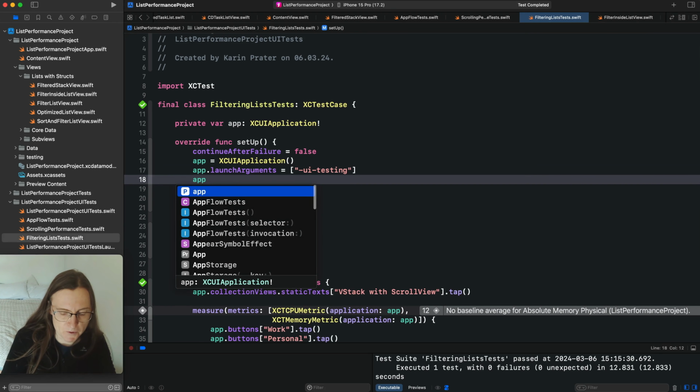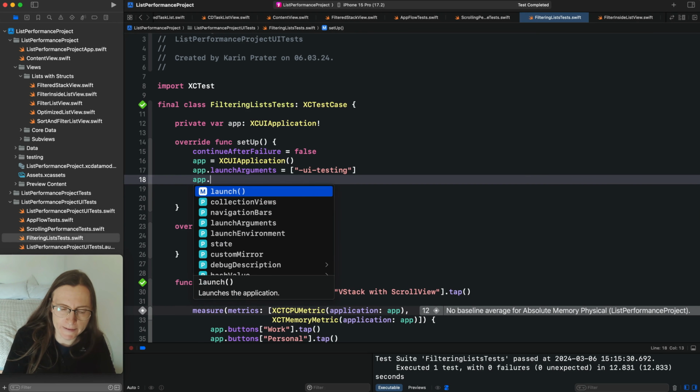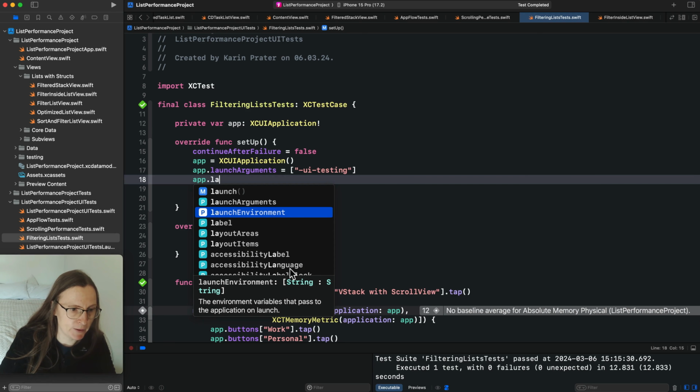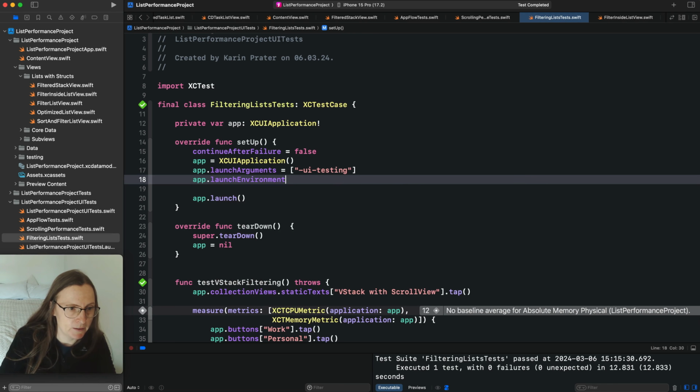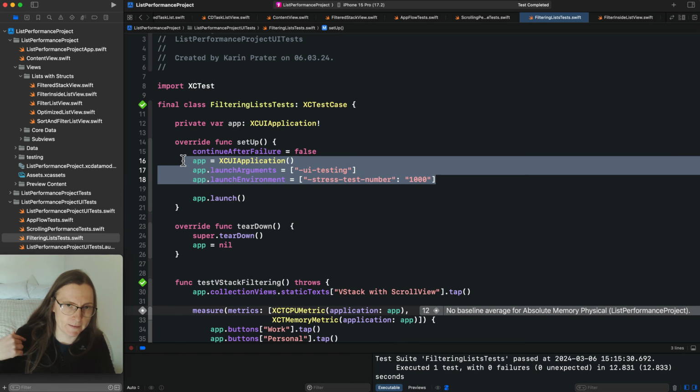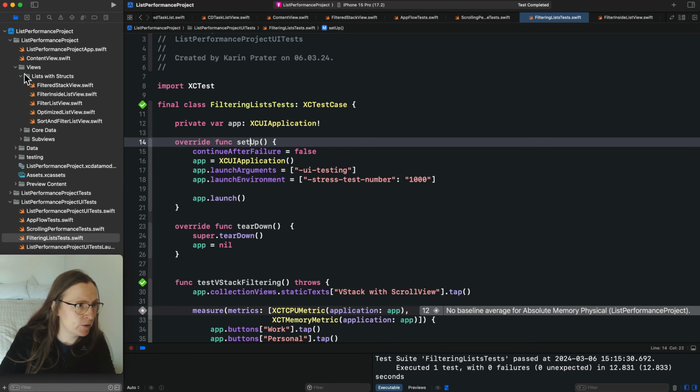Or if you want to pass a specific value, like in my case, I want to say exactly how many I want to have, you can use the launch environment where you can pass a dictionary of strings to strings, so string keys. So in this case, I am saying I want to pass in one pair, where the first one is the key. So this is my stress test number, the number of elements in this array, and we want to pass in here 1000. Okay, so now I can pass it from the UI tests, and we now need to change our view implementation